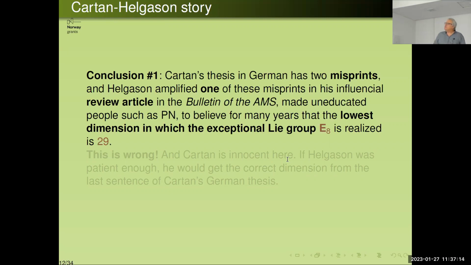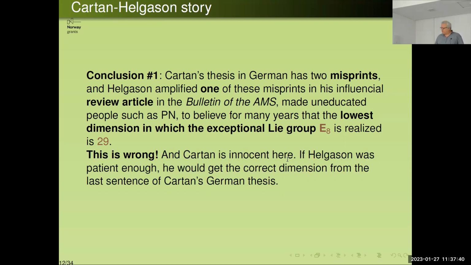Okay, so conclusion number 1: Cartan's thesis in German has 2 misprints, and Helgason amplified one of these misprints in his influential review article, which made such an uneducated person like me believe for many years that the lowest dimension in which the exceptional Lie group E8 is realized is 29. It's wrong. And Cartan is absolutely innocent here. It was a misprint in these German